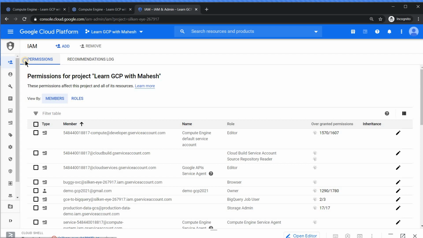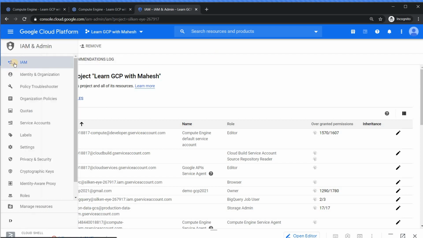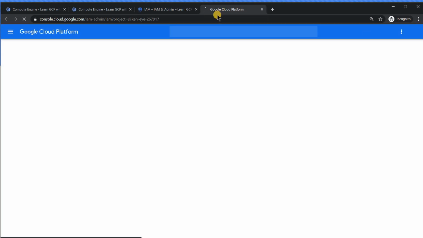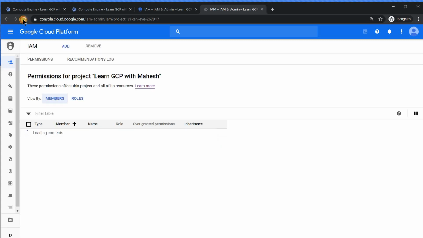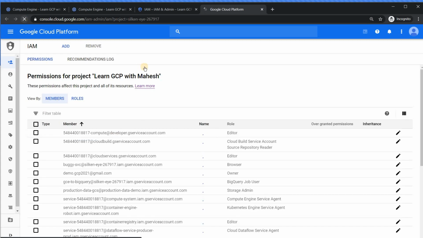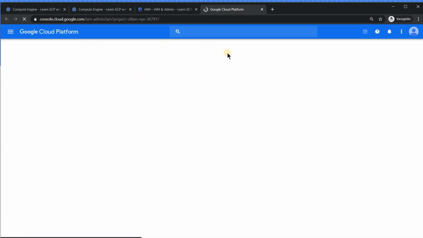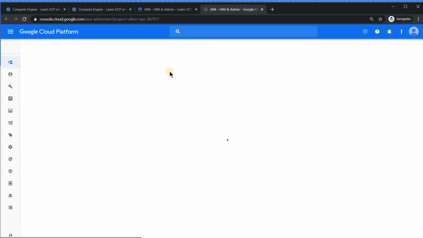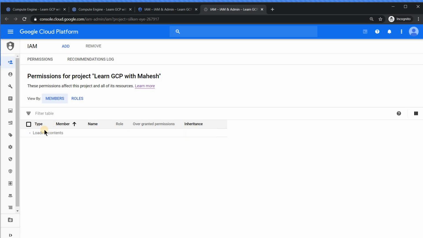If you still don't believe that, let me open it in a new browser and do a hard refresh. Some people may think it could be because of cache or something, but what I figured out is it has nothing to do with cache. Let me also do a force refresh or hard refresh. I'm doing it a couple of times, and we have also waited for more than 30 seconds, I feel. I have not paused the video, I've kept it live. So let's just see what happens.